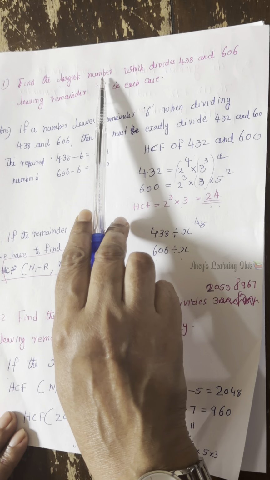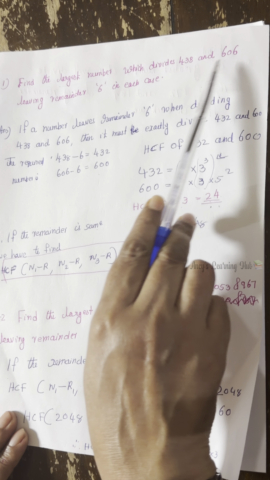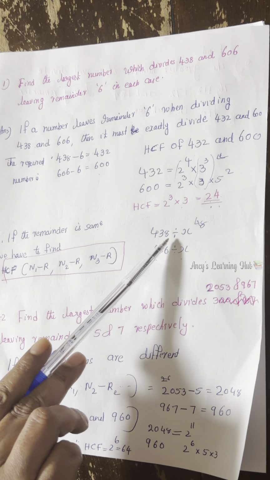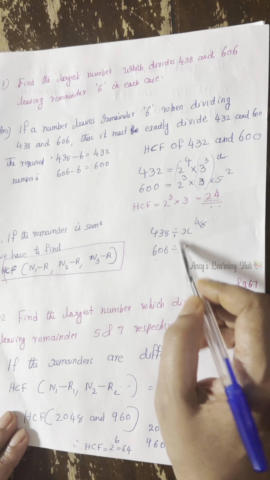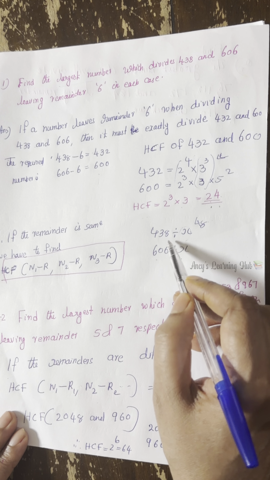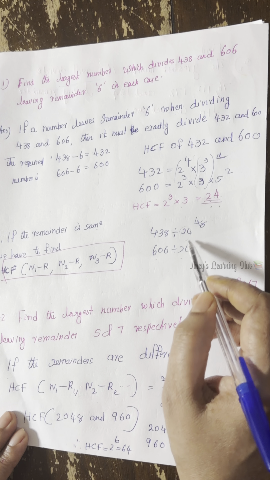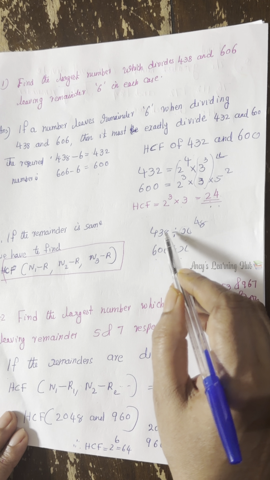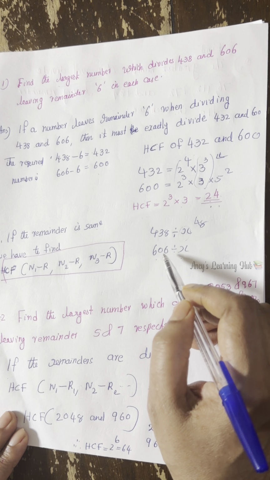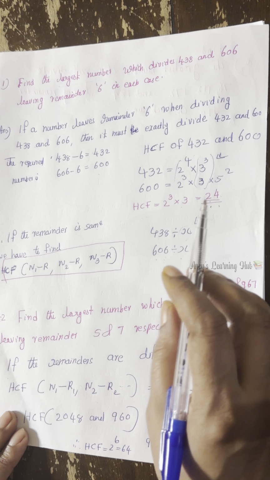you are going to find a number which divides 438 and 606, meaning that required number you are using for dividing 438 as well as 606. This required number is less than 438 and 606, right. That is why of course we have to go for HCF, that is a factor, but here we